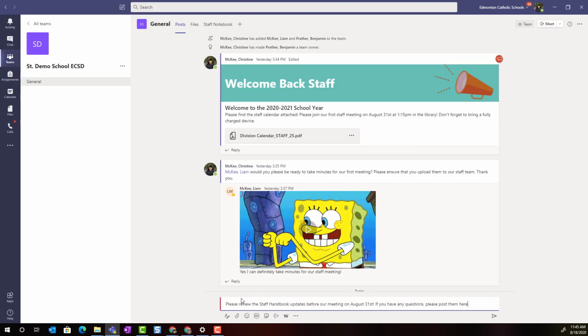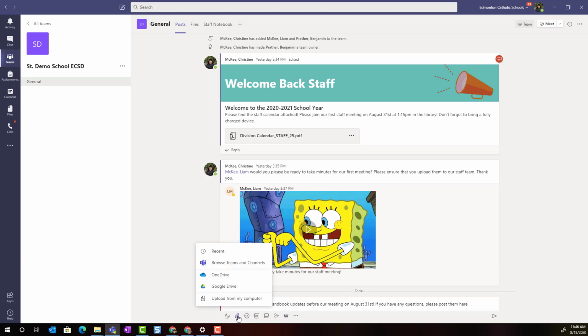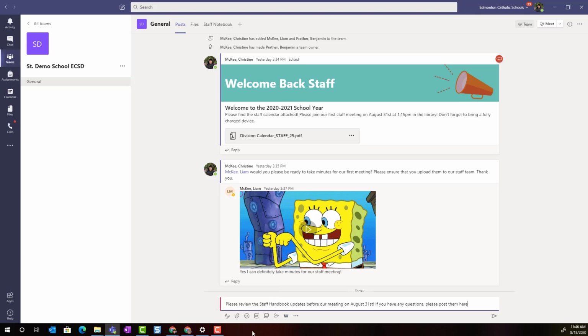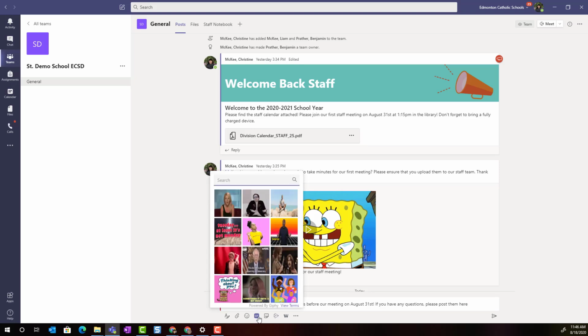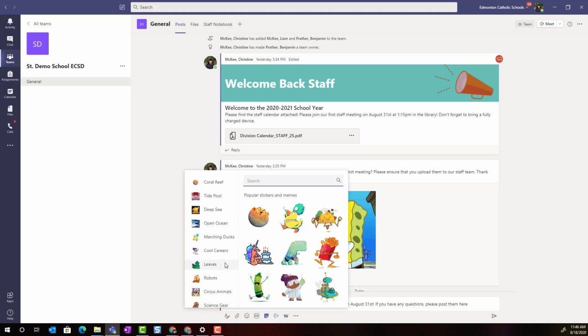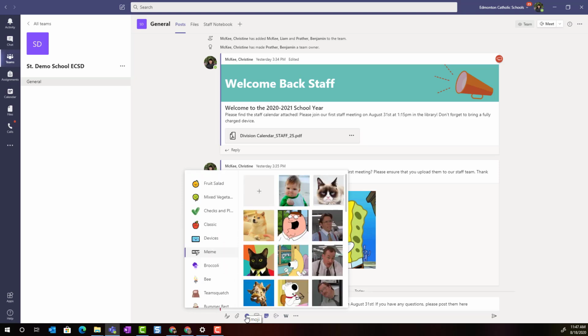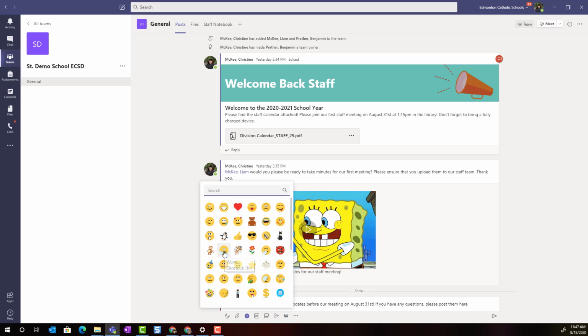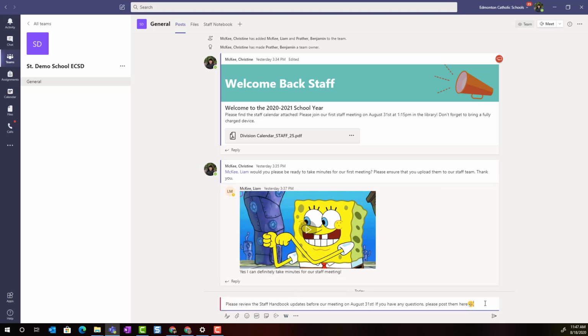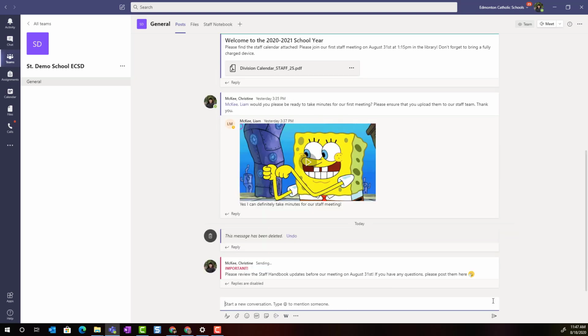In addition to being able to format text, notice that I have the paperclip icon. This allows me to attach files. Again, we'll take a closer look at this in an upcoming video. I can also enhance my posts by adding in emojis, animated GIFs, stickers, which also include the ability to create my own memes. I'm going to go back to emojis and I'm simply going to add in a friendly emoji. And once I have done that, I will simply click enter on my keyboard